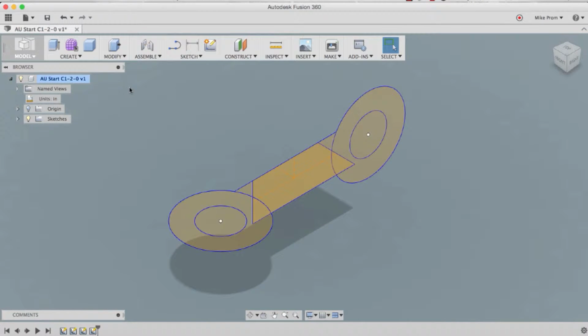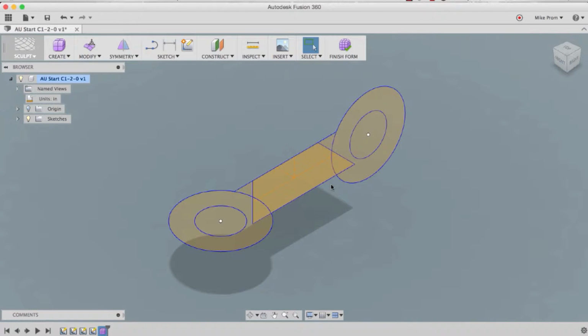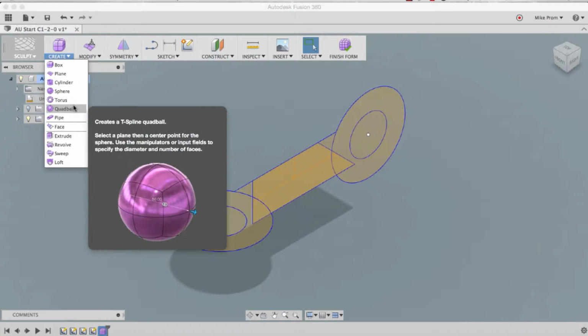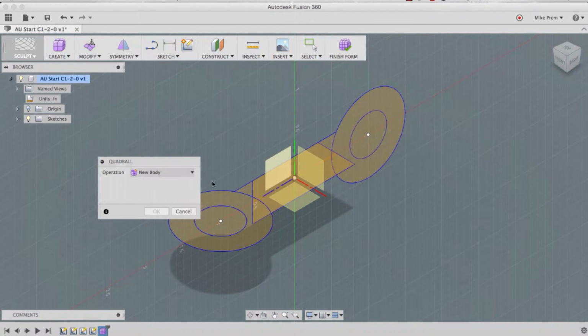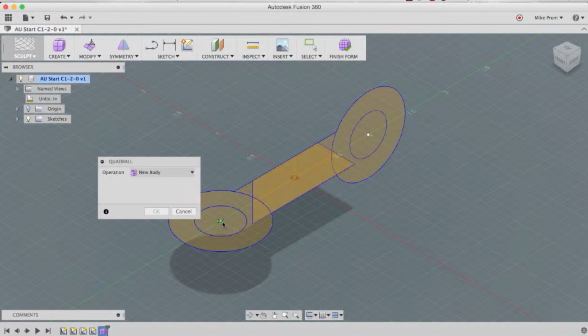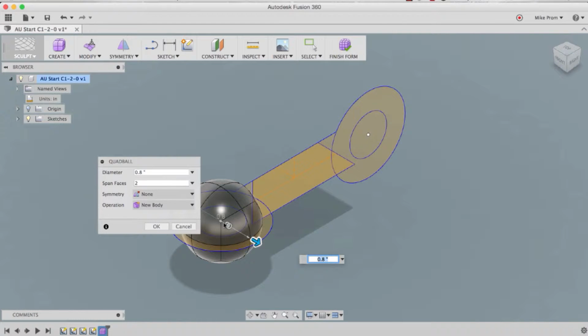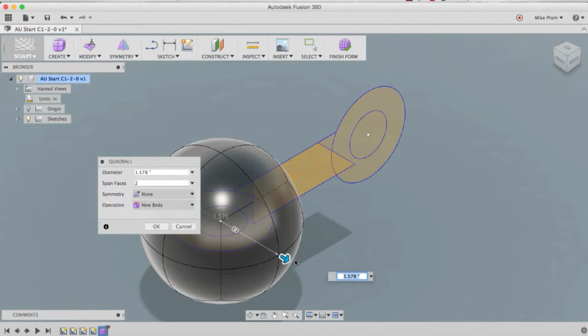When you open your C1-2-0 file, make sure we have the two sketches. From here, I would like to go into the sculpt mode, and this time I'm going to use quad balls. Quad balls are unique in that they're the same on all sides, so I can simply make this a 1-inch diameter,